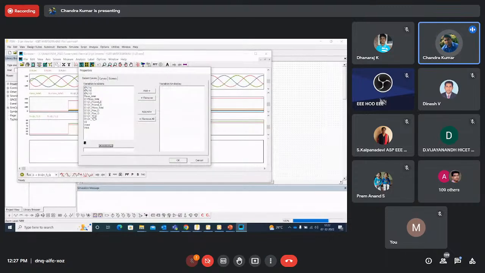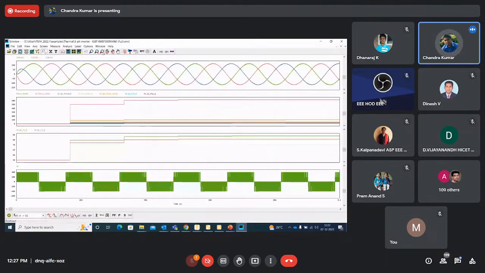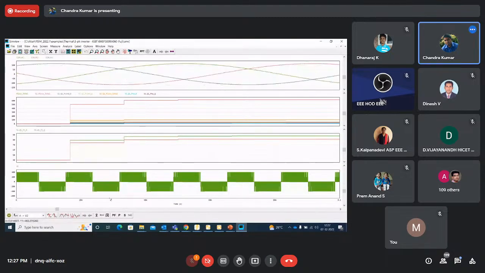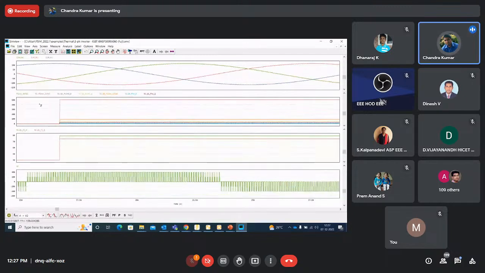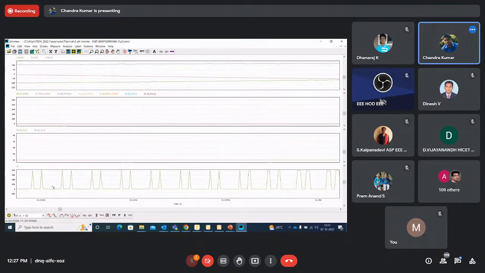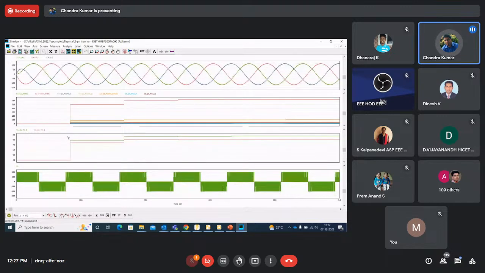You can look at the response. You rename it; this was the probe which I connected. So you can look at the line-to-line voltages. I want to zoom in on the voltages, so I can zoom in and fit this curve. It goes between plus 400 and minus 400, and you can look at the details. Redraw, and it will come back to the original position.